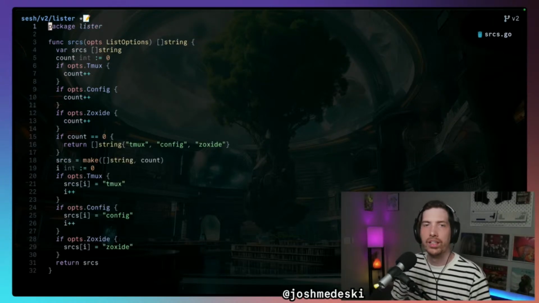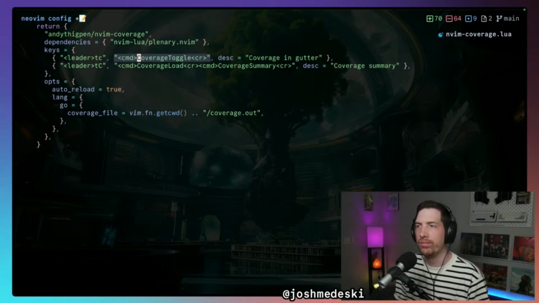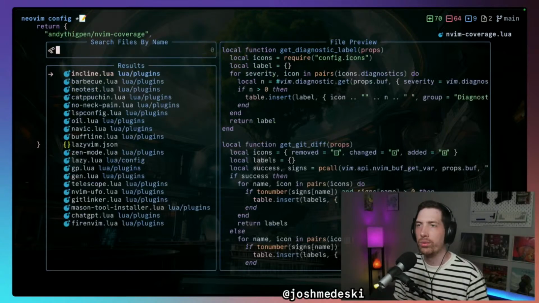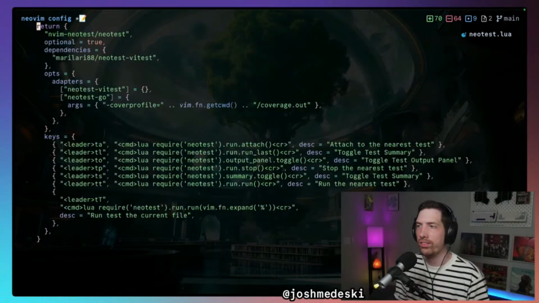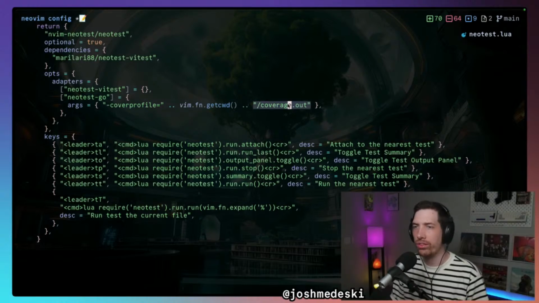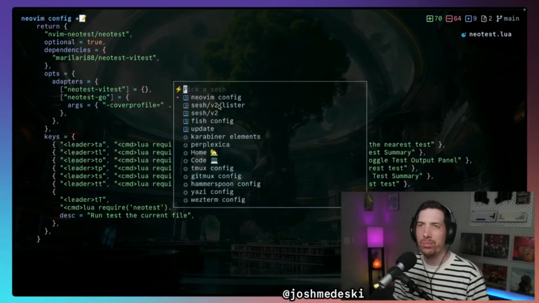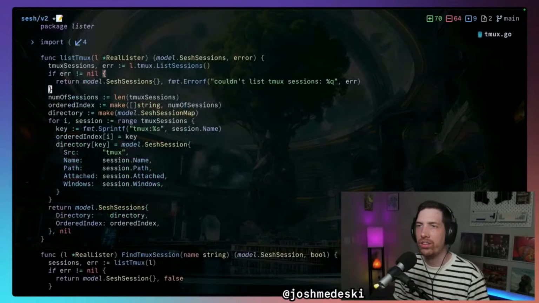It doesn't want to play nice today, apparently. Because how it works is the Neotest, we overwrite the neotest-go, and we add this profile. And in the current working directory, we call a coverage out. I wonder if it has to be at the root of the project. So if I'm here,